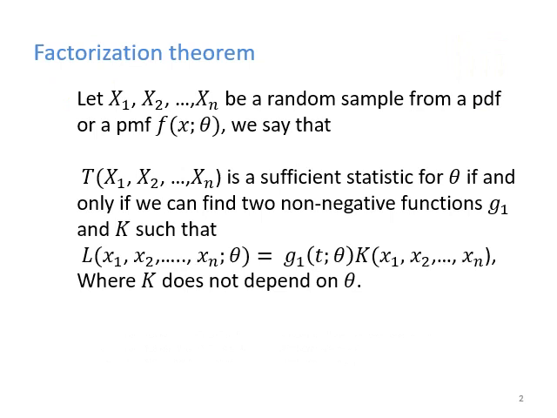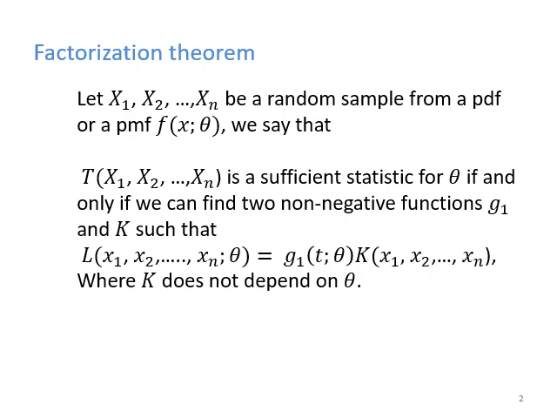Now let us consider a theorem known as the factorization theorem. In the previous lecture we took a method for finding whether a certain statistic is sufficient or not, which depends on the conditional likelihood function given the sufficient statistic t. The main disadvantage of this method is that it requires knowing the probability density function or the probability mass function of t. If it is difficult to derive the distribution of t, we can't apply this method.